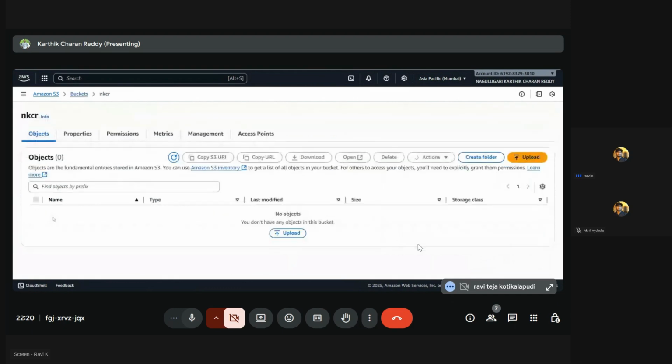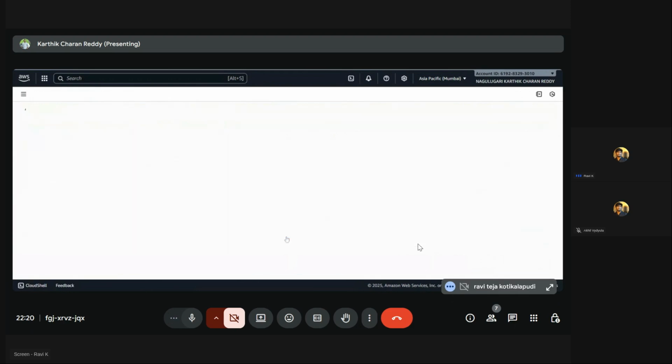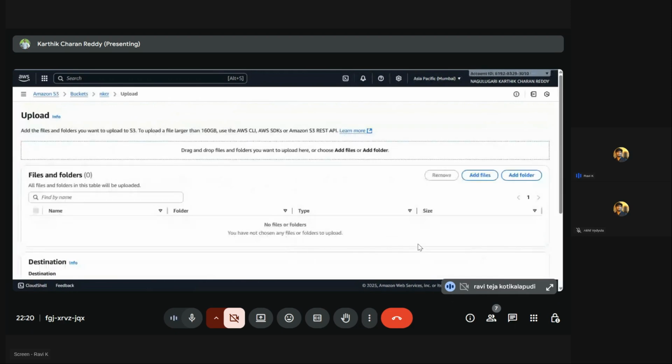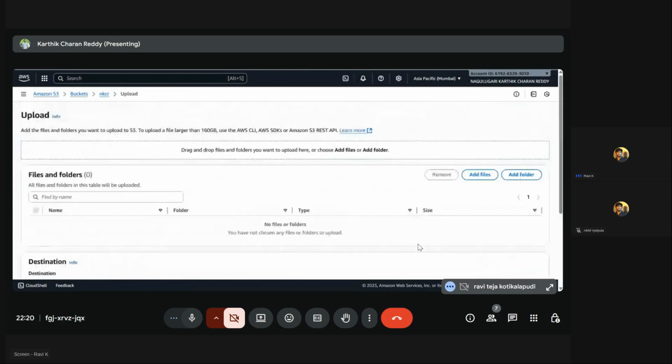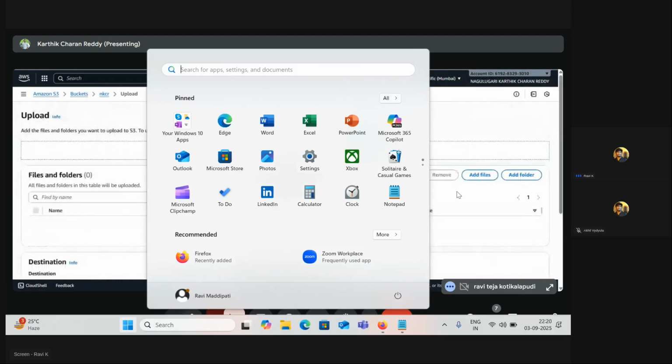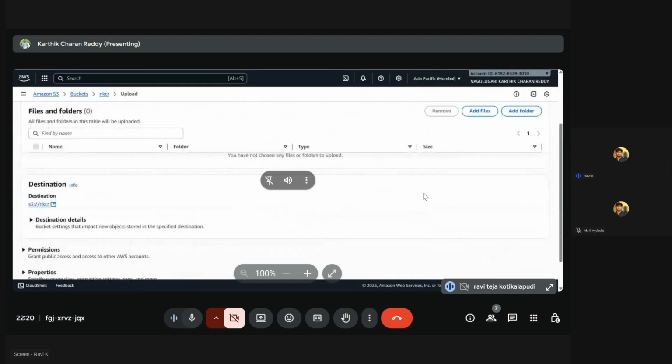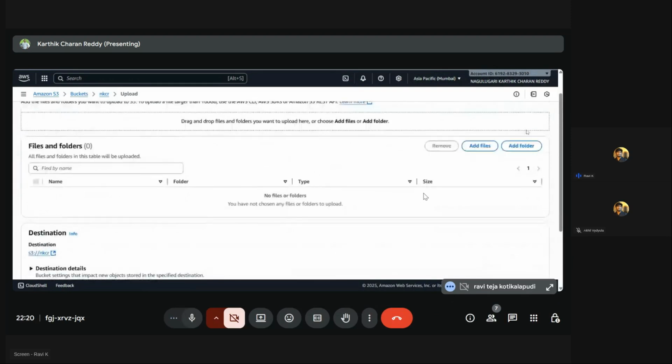Okay, cool. Now just upload any file into this. Any file in your system. How to upload, sir? Just click on add files. There you will see add files.